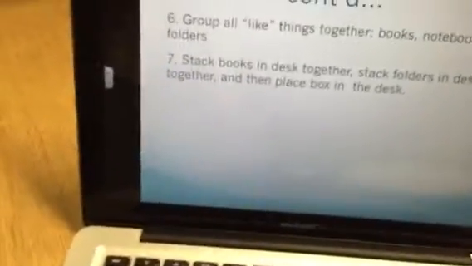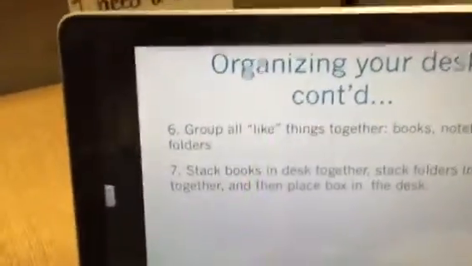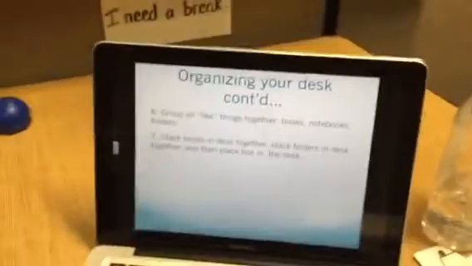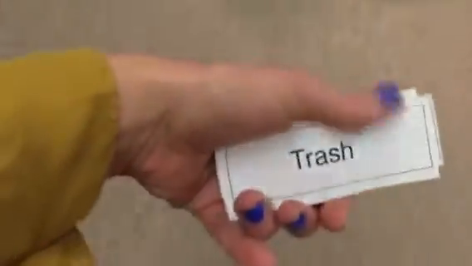All right, next thing we're going to do is we're going to group all like things together. So this is where we're going to separate the books and the notebooks and the folders. So trash is done, loose leaf paper is done, small items are done and books are done. So I'm gonna throw this in the trash just so that I don't put it back in my desk. All right, so folder,